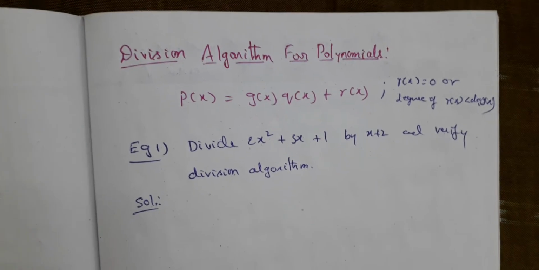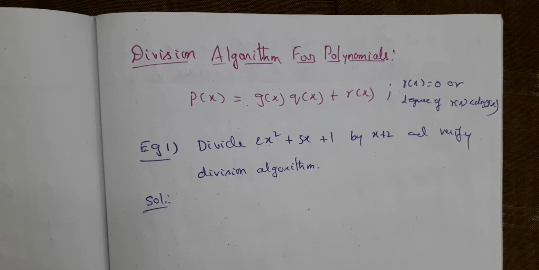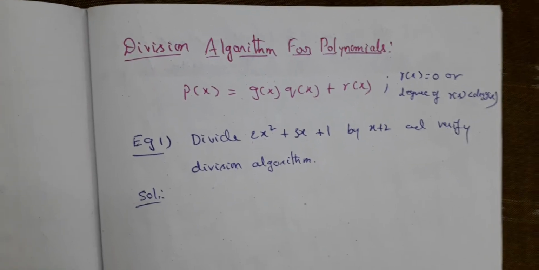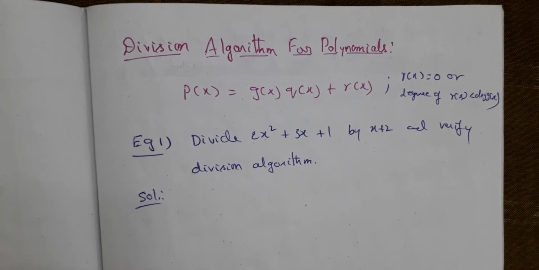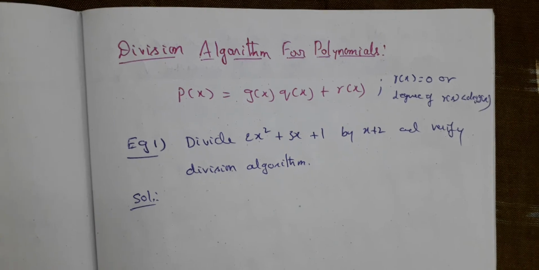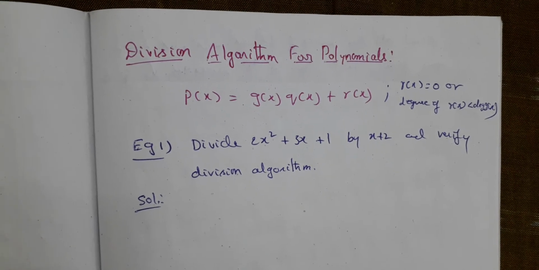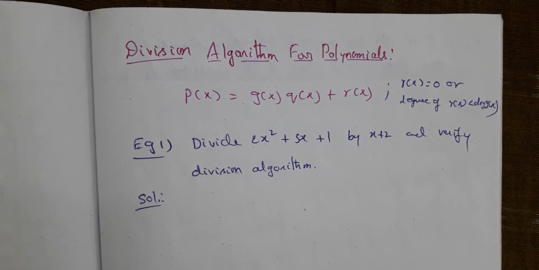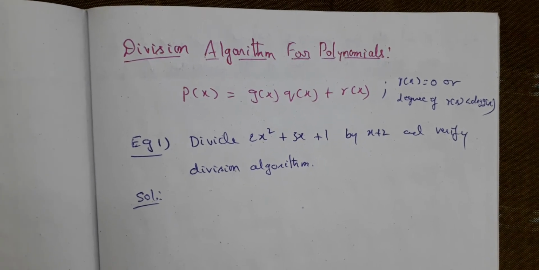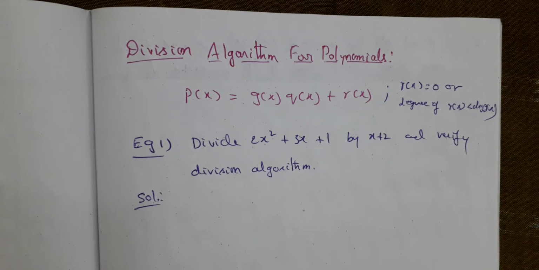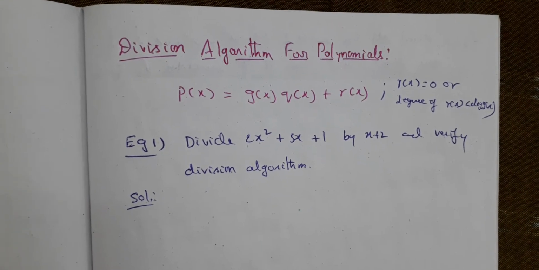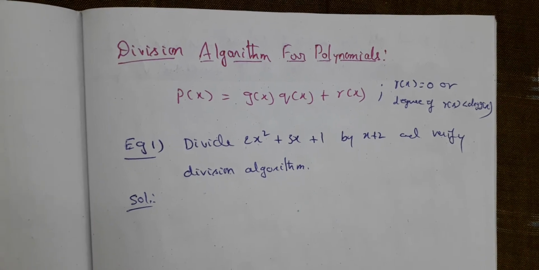Okay, let's move on to the division algorithm for polynomials. This is the last part of polynomials. We have already seen Euclid's lemma, or Euclid's algorithm for division, where the divisor multiplied by the quotient plus the remainder is equal to the dividend, right? So in terms of polynomials also we can use the same, but instead of numbers it